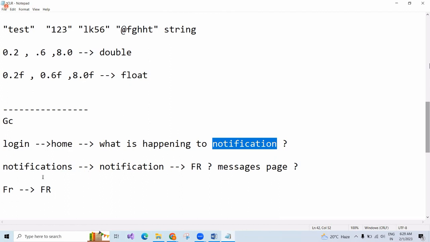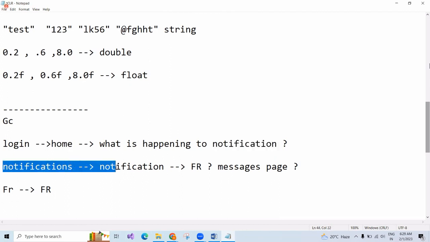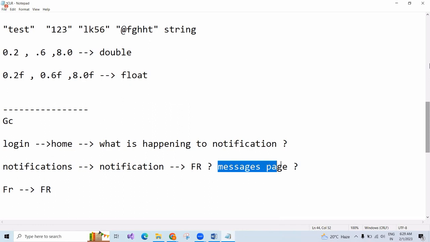Now tell me, when you are clicking on notification, notification is coming. Do we need to allocate memory to friend request? Do we need to allocate memory to messages? As you people are saying no, .NET also thought like that only.